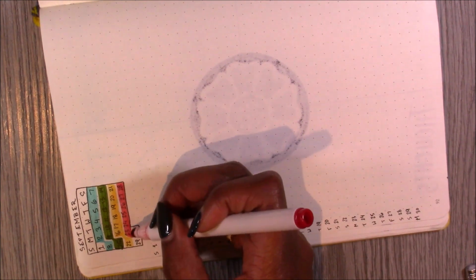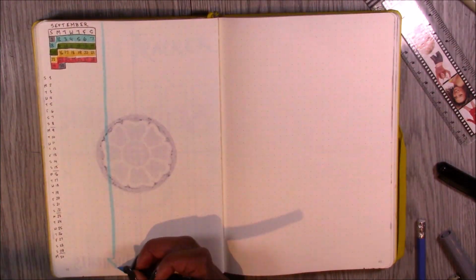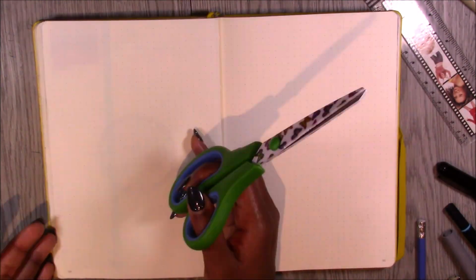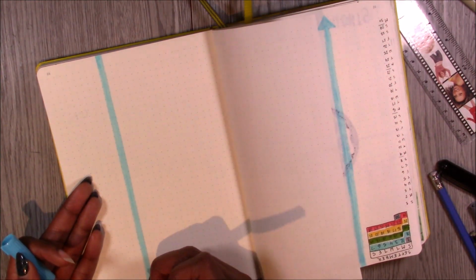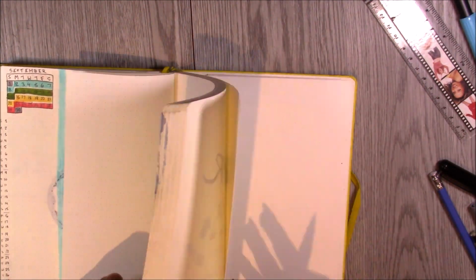I never really see the point of a monthly spread, but I decided to add it in here in that simple way. So if any events come up, I can just jot them in. I have the whole month right there, month at a glance, and I can refer back to my earlier pages from the very, very beginning of my bullet journal with my year at a glance, and fill in any little dates and